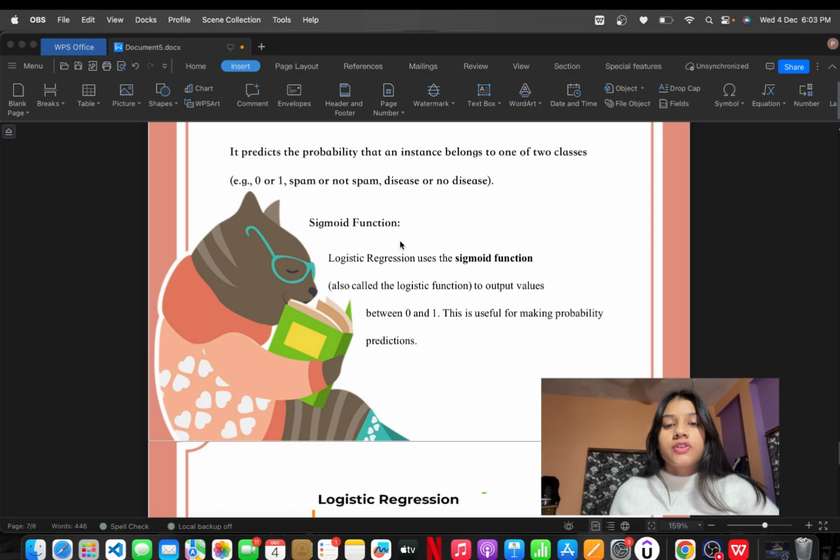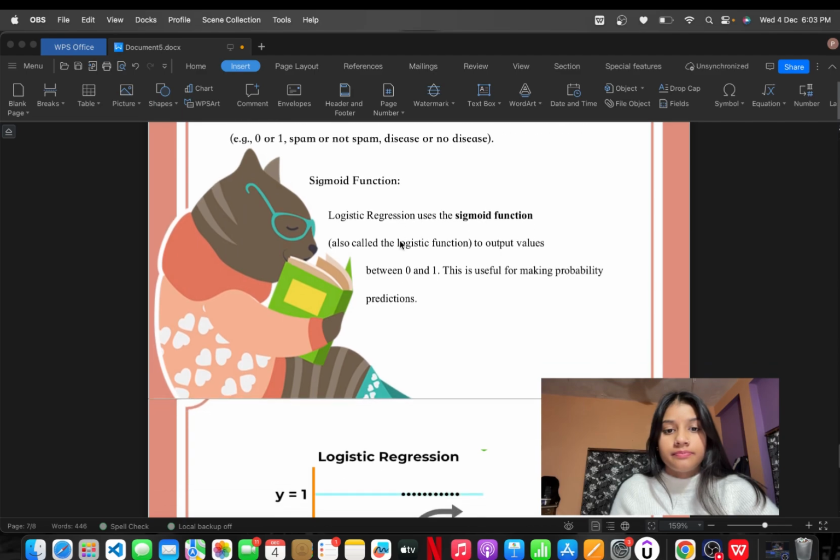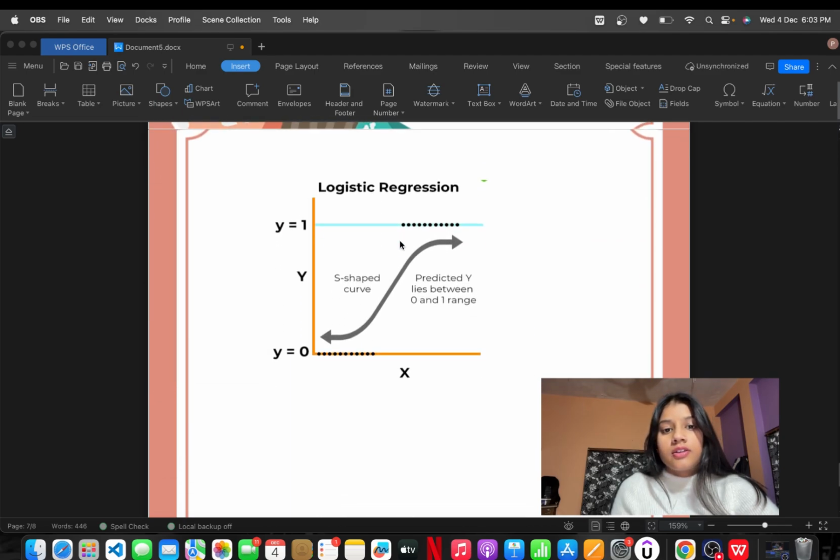The sigmoid function is f(x) = 1 / (1 + e^(-x)), where x is the input variable and y is the output variable. In this figure, the dependent variable y will have only values between 1 and 0. So this is the diagram of a logistic regression. Now, moving forward,